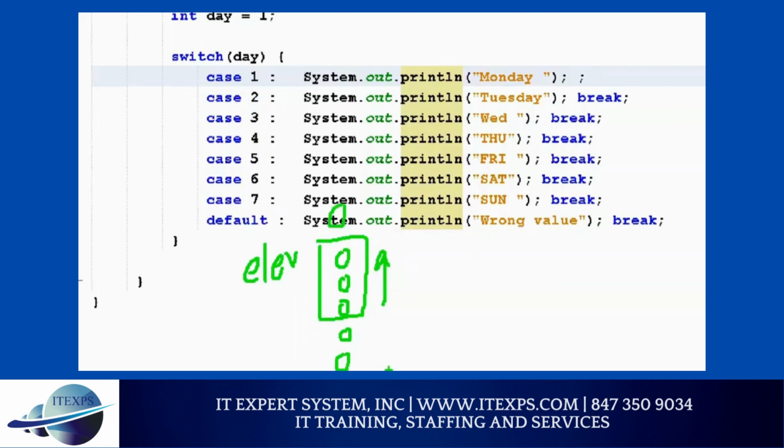How many examples did I give you? Elevator is real life, yes or no? When you go to an elevator, you don't think about which button to press, you just press one button. That's one switch statement. What other example did I give? McDonald's. When you go to McDonald's, you say, I need number 6. What is number 6? The veggie McD. They call it McD, but you have to ask for veggie, otherwise you will get meat in that.